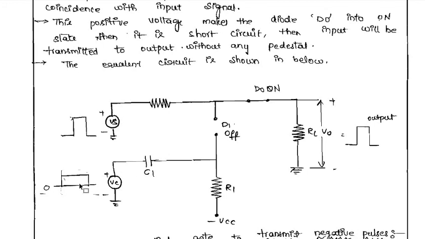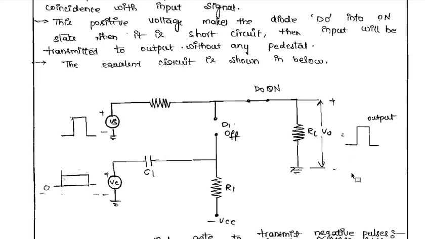So by using this condition, your diode D1 is off and D0 is on, so the input signal from the source voltage will be directly given to D0, and you will be getting the output V0 equals V in. The same output, see this waveform, and this will be the same. And whatever the control signal, that will be given to your diode D1. Because it will be in the reverse bias direction now, your diode will be off and it will be in the open circuit. So no kind of control signal will be going here at the point A, and they won't combine over here. So that's the reason how you will be eliminating your pedestal by using your unidirectional gates.